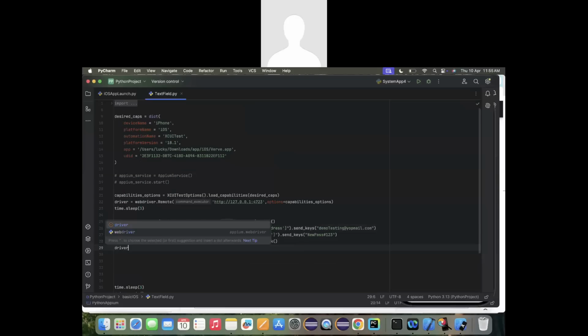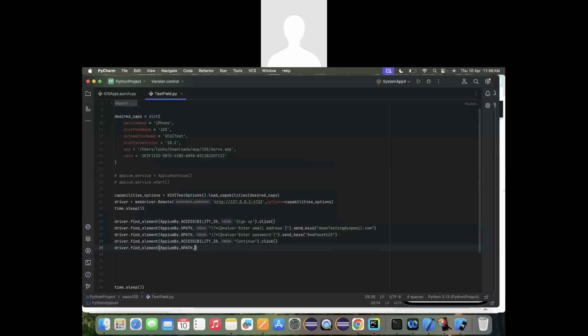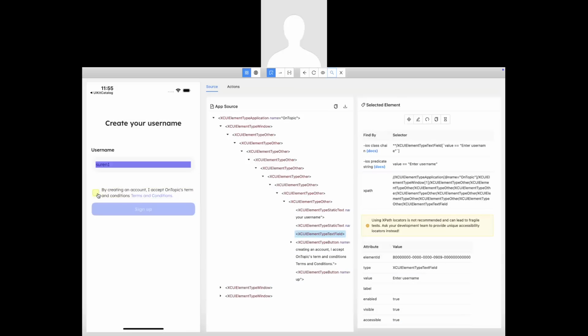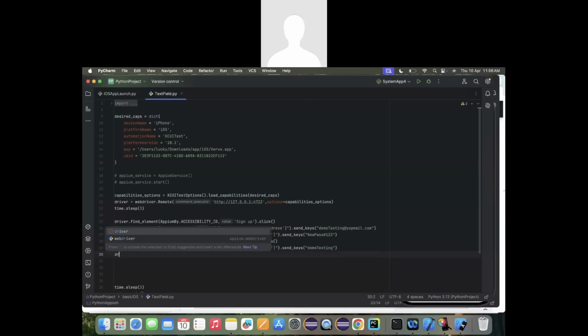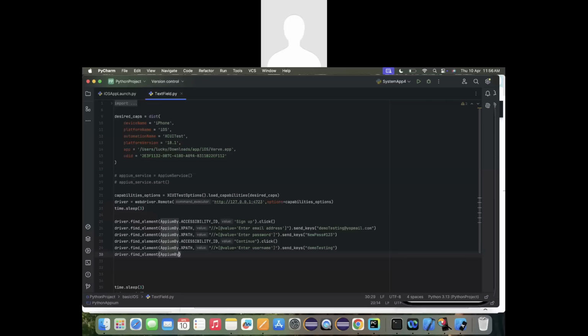Now, driver dot find element, Appium by dot xpath, dot send keys demo testing. I was just entering this demo testing, and you need to click on this, a kind of a checkbox. I was just selecting it, and even it has an accessibility ID. Copy it, come back here, driver dot find element Appium by dot accessibility ID